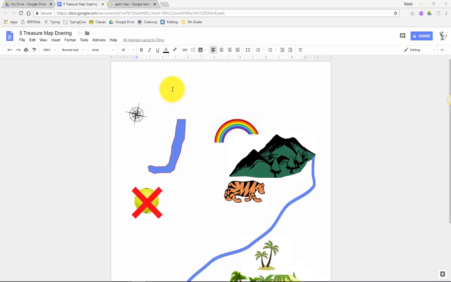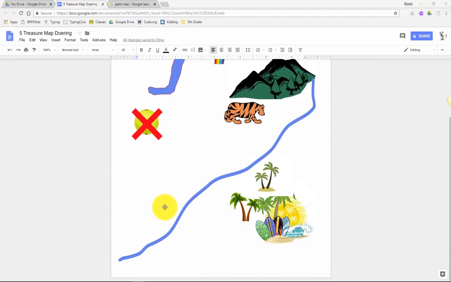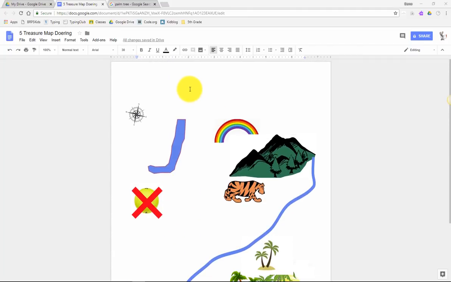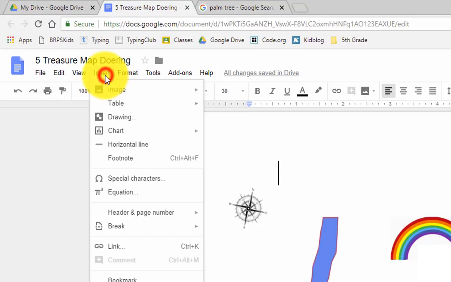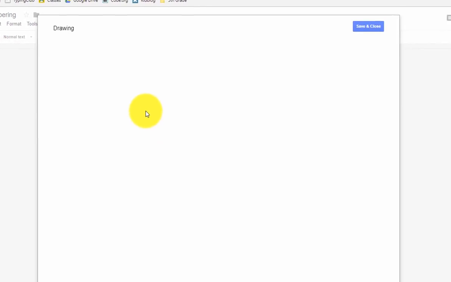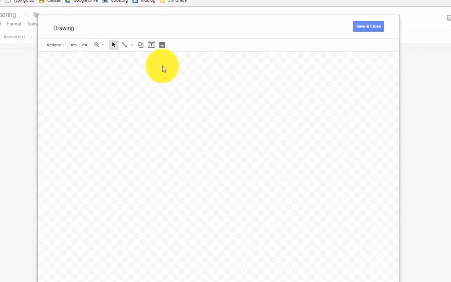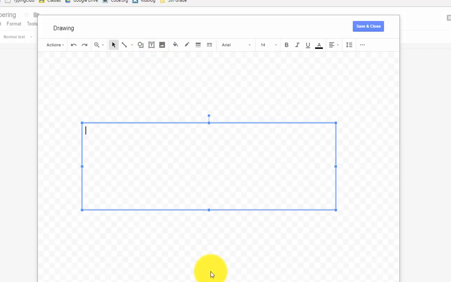So our next step is we need to put a banner up here, and then we need to also put some directions down here. So when we go up here, we're going to go ahead and insert our banner. We're going to do that by going to our drawing. Now when we go to our drawing, I'm going to see if I can go over here and click text. I'm going to make the box, and I'm going to go over here and say the land of the